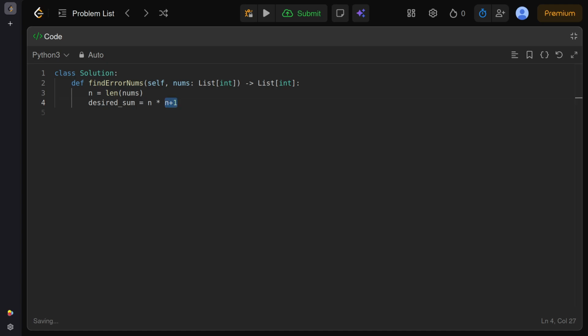This should be wrapped inside the braces, and this should be divided by 2. So now we have the desired sum, and here we can initialize our set, and for num in nums,